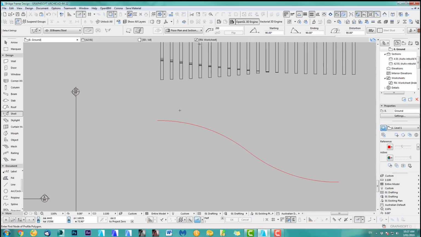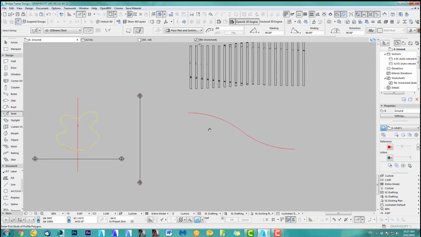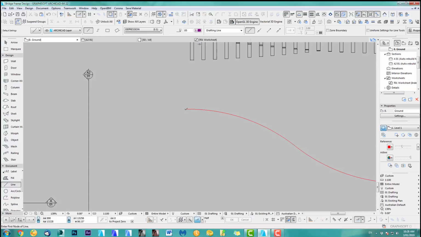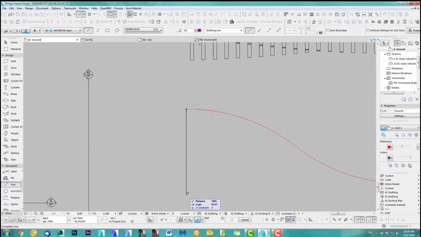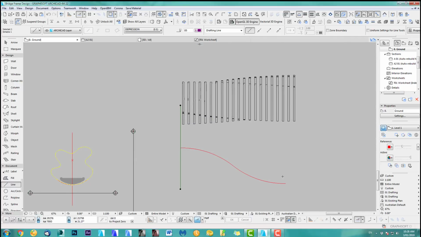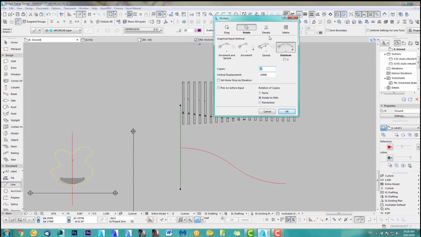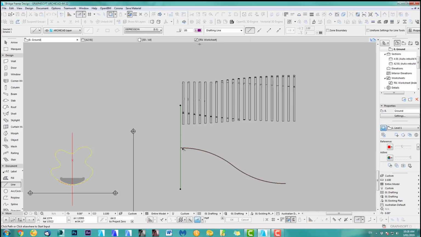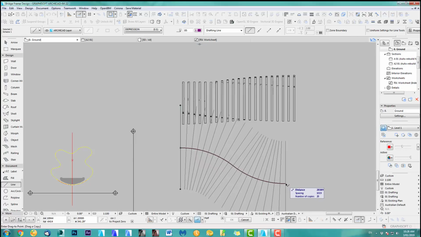Right, great. So to get them along here, rotated with 90 degrees along the curve, what you have to do is take a line here, just draw this, and extend that a little bit. Now we just distribute this by dragging, and we need 20. I don't need vertical displacement, but I need to pick a path and rotate to path. So let's pick this path, go to the exact point there, and you can see